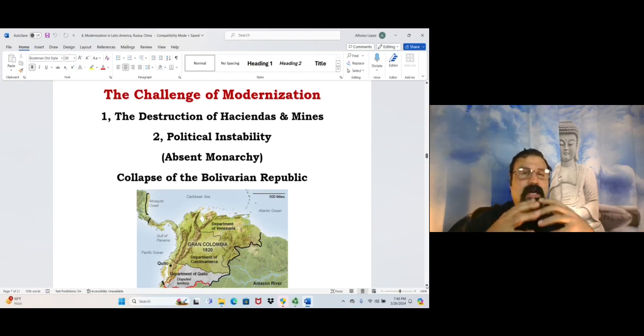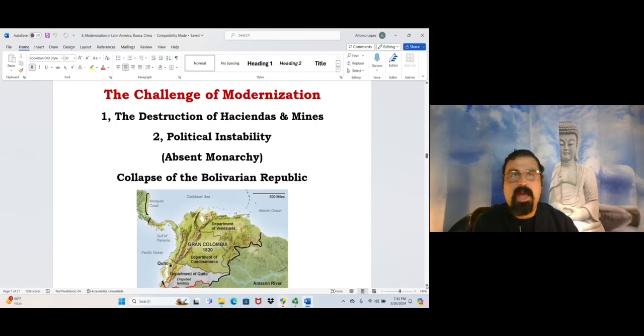Now that the monarchy was gone, the new countries are facing significant disruptions, political, in that there's intense competition over territorial boundaries, for example, which group is going to dominate and so on. So there's a lot of infighting, in other words, now, because there's no mediator, there's no monarch to intervene on their behalf to maintain order. And this led, for example, to the collapse of a large republic that had been formed